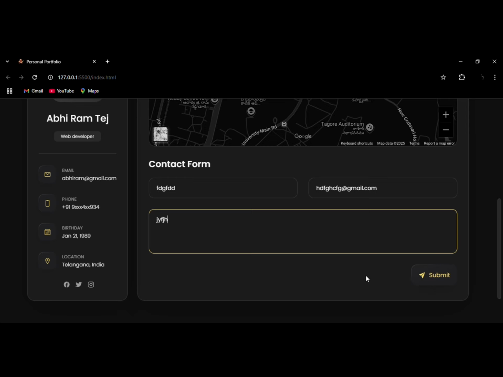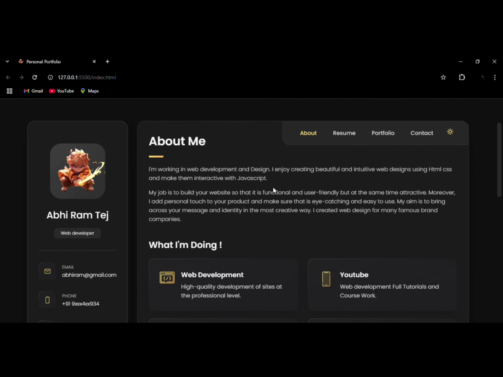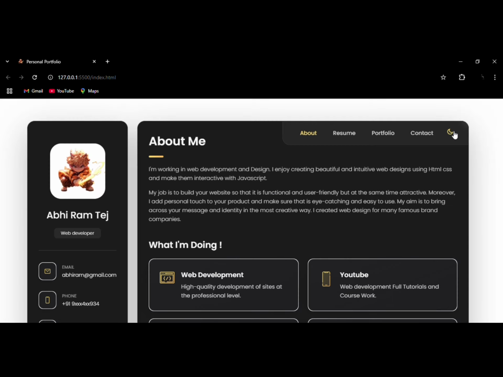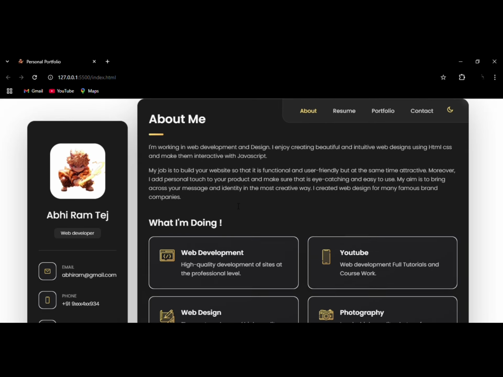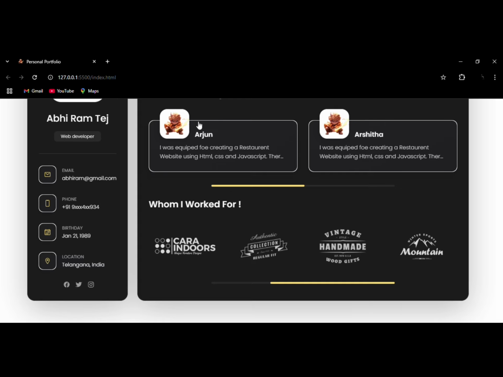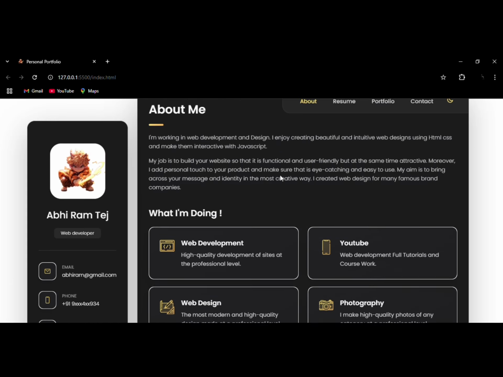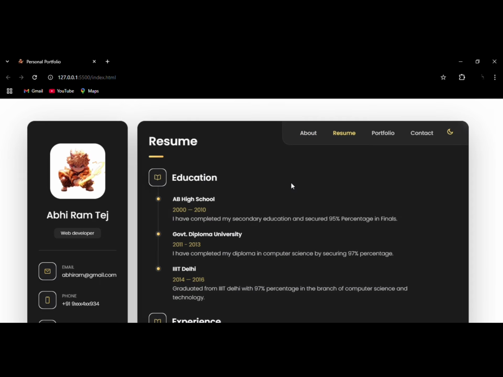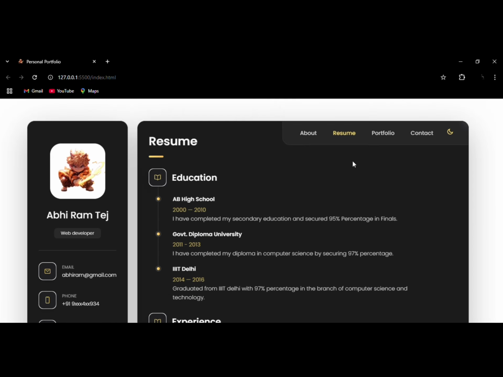And you can change the light mode to dark mode by using this icon. By clicking on this icon, you can move from light mode to dark mode. So now this is the light mode. You can see in website the background border colors have changed to white, pure white. Next we can go to the resume section and see the border effects and portfolio,